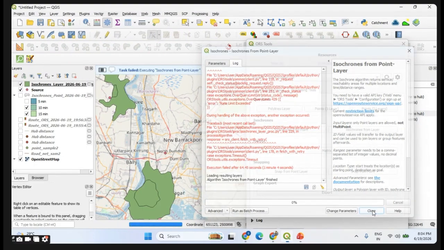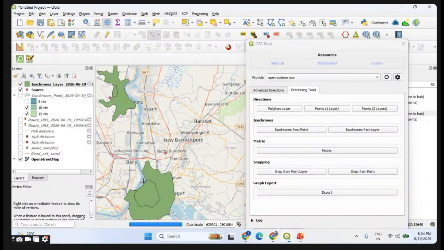Okay, you can see that we are getting this kind of service area within 5 and 10 minutes, I suppose,